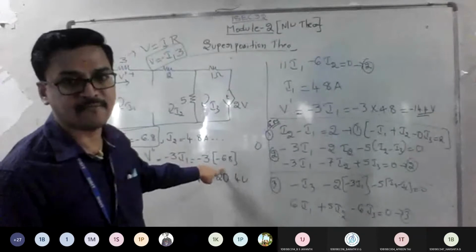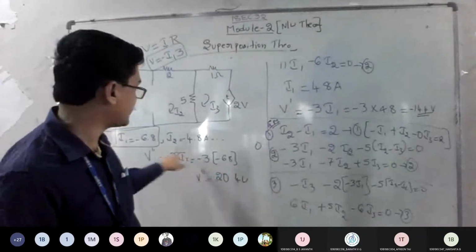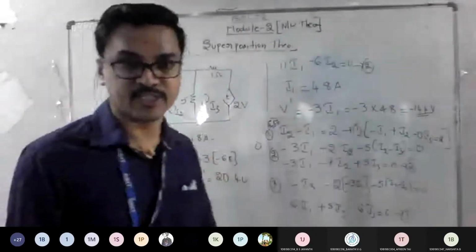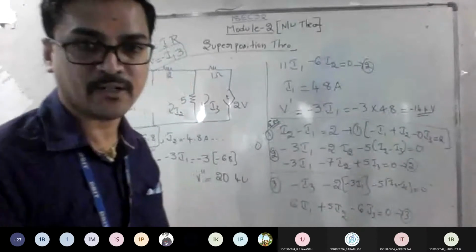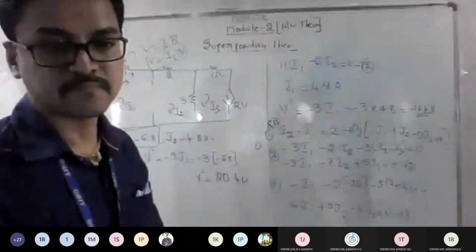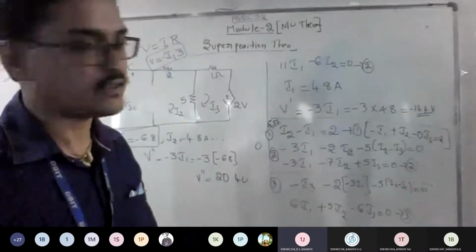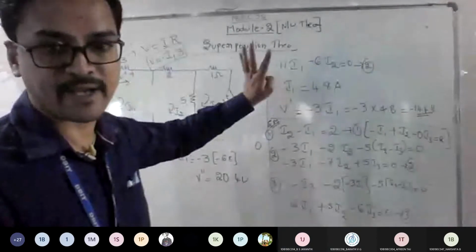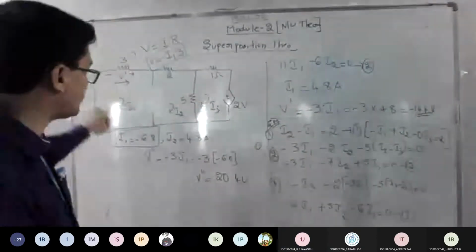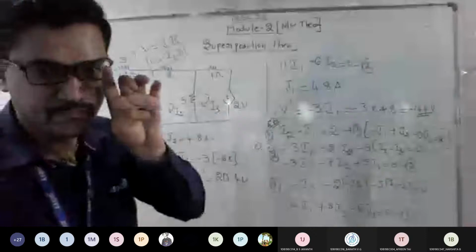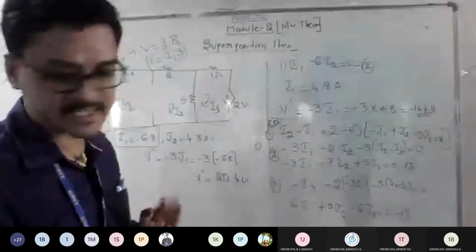It's minus 3 I1, that is the formula. You got the I1 answer as minus 6.8, so both are negative and it becomes positive. There is no minus again. Correct or wrong? I am not changing my value of V1; it is the same, minus 3 I1. But the answer of I1 I got is negative, so it becomes positive. So 20.4 is the answer you got.